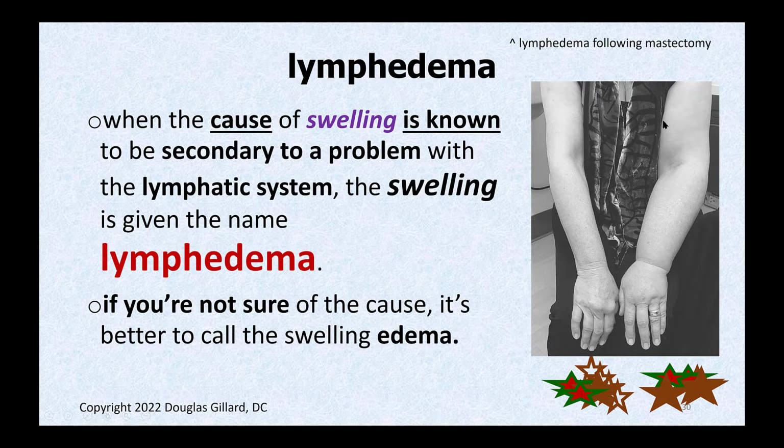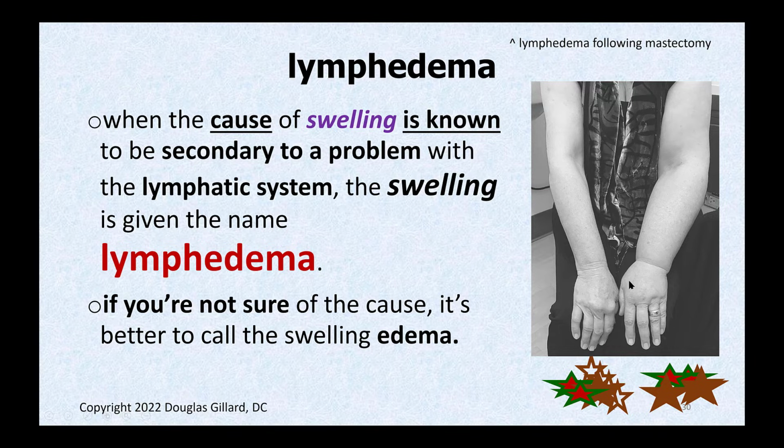Okay, so let's look at an example. Here's someone who had a mastectomy for breast cancer, and the surgeons had to remove the lymph nodes in the axilla. They tried to connect the bigger lymph vessels into the venous system. It's one way to do it, and it doesn't work that well. About 20% of people end up with a beaver dam in the lymph system.